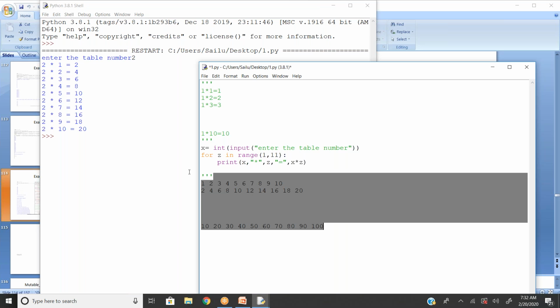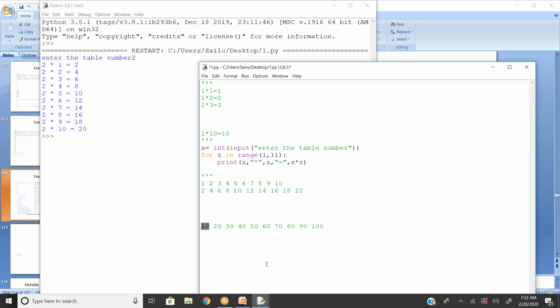If you observe here, every row is multiplied with the corresponding column. So 1 multiply 1, 1 into 2, 1 into 3, 1 into 4, up to 1 into 10. So my main for loop has to be multiplied with my sub for loop and displayed for my column.